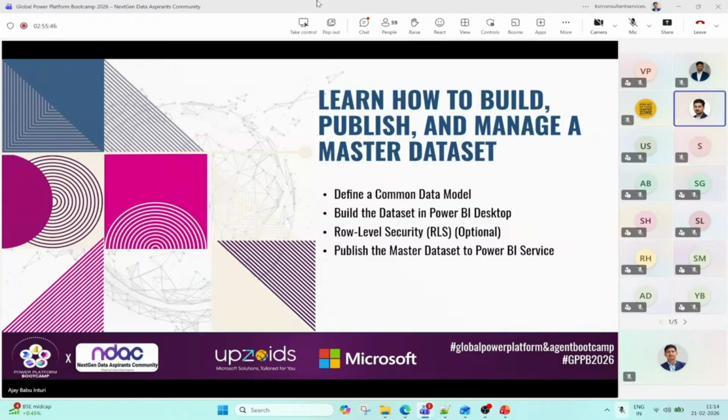When we are building a report, we keep in view that the report will be utilized by everyone in the organization. In that way, the BI developers will build that report, but some organizations need their own custom reports. In that case, we use this single semantic model or master data set. We are just creating a master data set and publishing it to the Power BI service. And if you want, within the team, like the sales team, right?